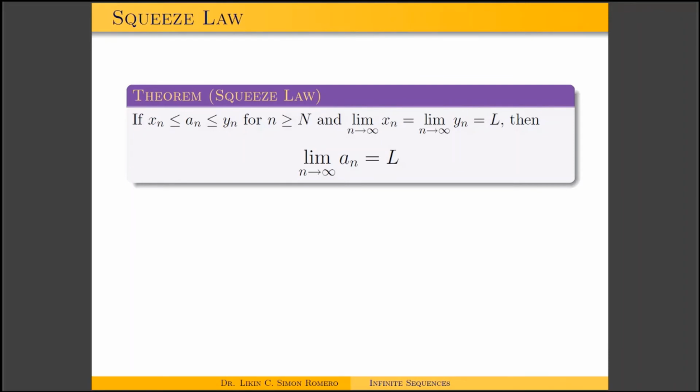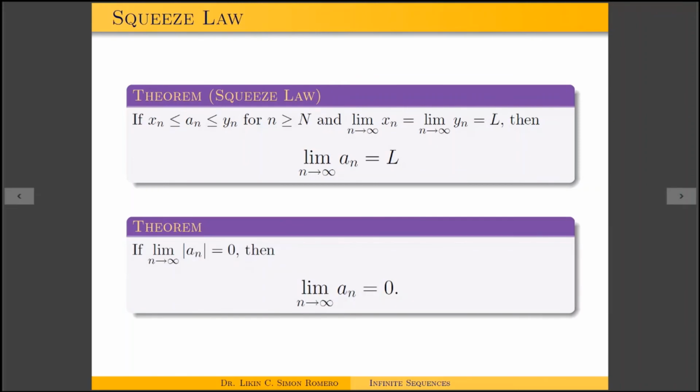and it turns out that the limit as n goes to infinity of x_n is equal to the limit as n goes to infinity of y_n, and that's equal to some number L, then the sequence in the middle, this a_n, that limit as n goes to infinity also equals this capital L. It's called the squeeze theorem because the idea is if x_n and y_n go to the same thing, this new sequence a_n is sort of squeezed in between, and so that has to actually go to the same thing as well.